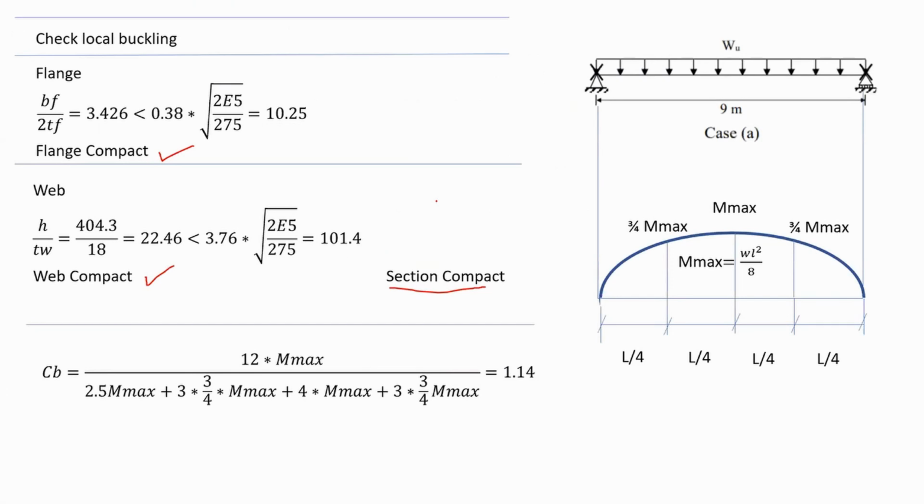So what is CB exactly? You have to draw a moment diagram of the whole beam that you're considering. So in our case, this is the beam and these are the supports, therefore the moment diagram is as shown in the blue. Now when I want to calculate CB, there is an equation given to you